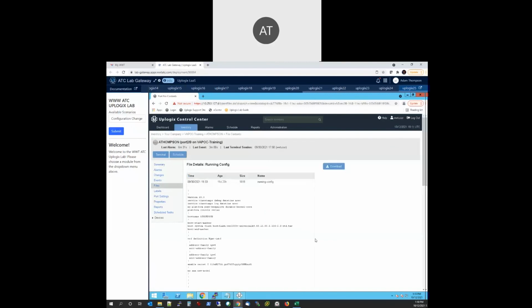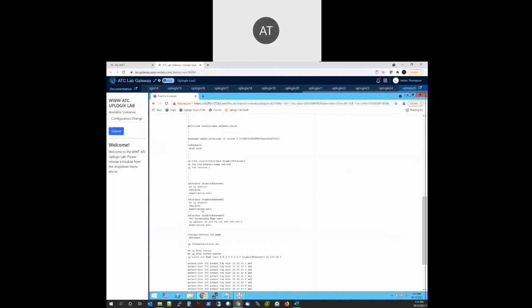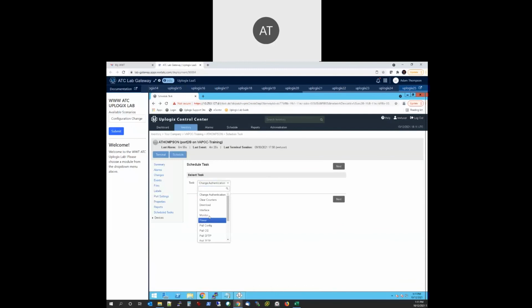If I look at the running config, I can see that Gigabit Ethernet 1 is shut down. We're not going to manipulate the interface, we're going to monitor it. So select monitor, and this will be an interface monitor. You have to specify which interface, which I